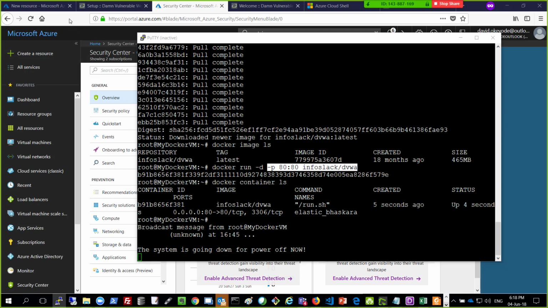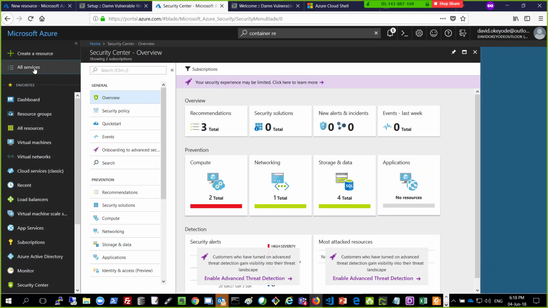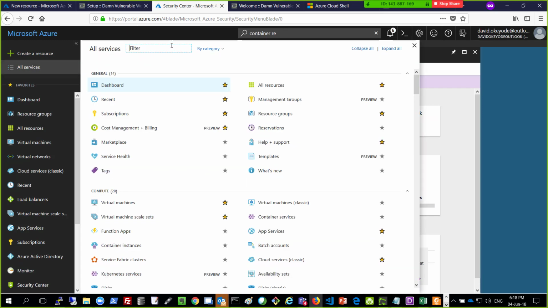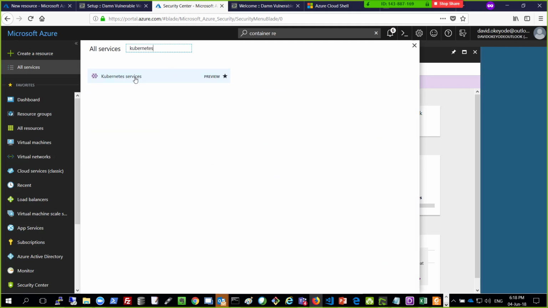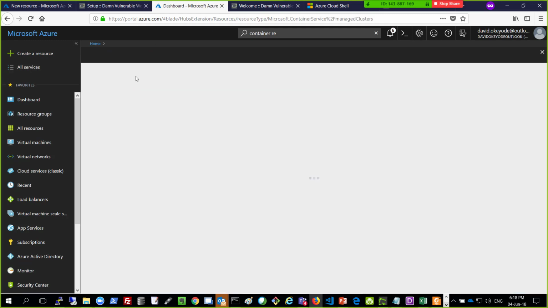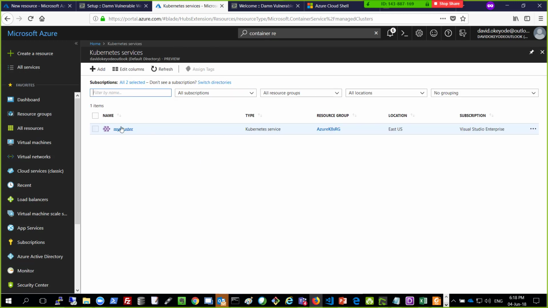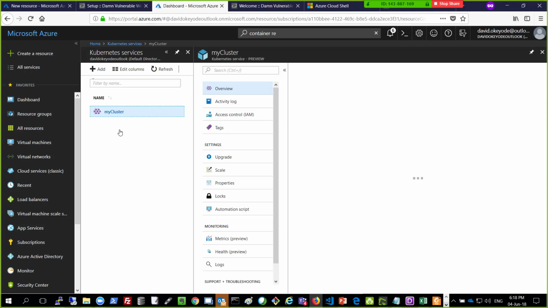By the way, before we go, let me quickly show you if it's finished deploying the Azure Kubernetes service. If I go under all services here and type in Kubernetes, I have Kubernetes service here. And there you go, that's my Kubernetes cluster. If I click on that,